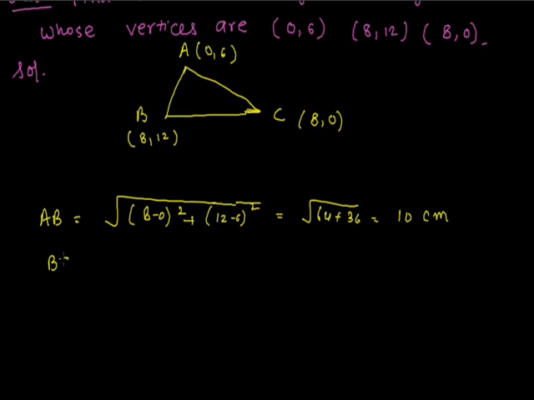Similarly, we will find the distance BC by using the distance formula. We will find it will be 12, and also we will find the distance between A and C by using this formula, and it will be obtained as 10. So in order to find the incenter, we will use the given formula for the incenter, that is, the coordinates of incenter are given as